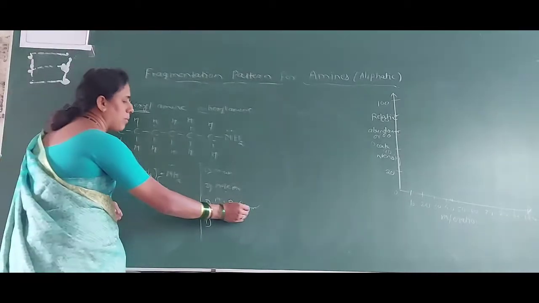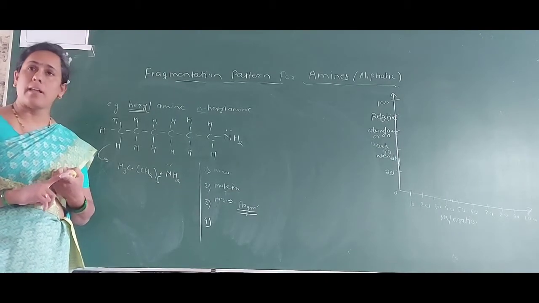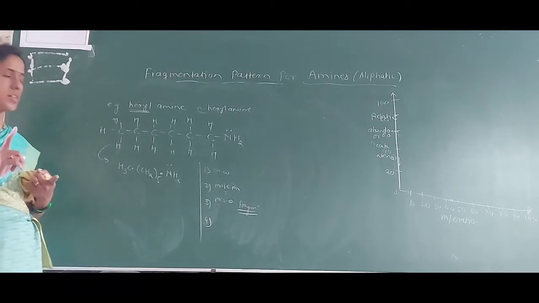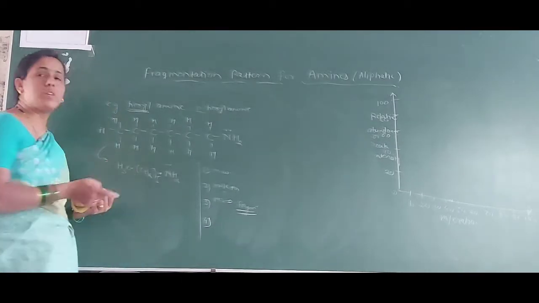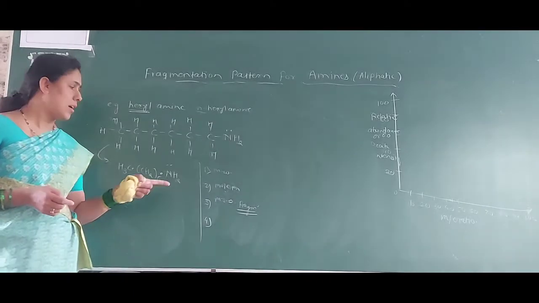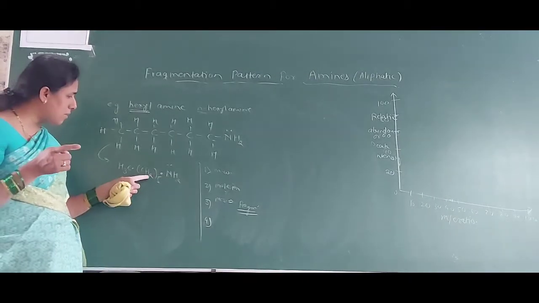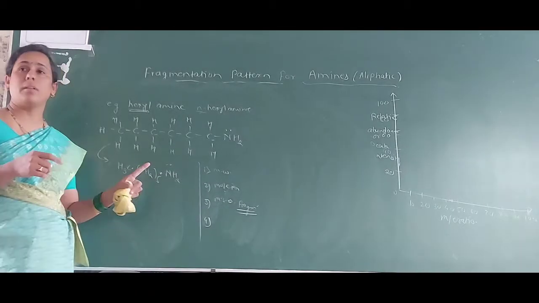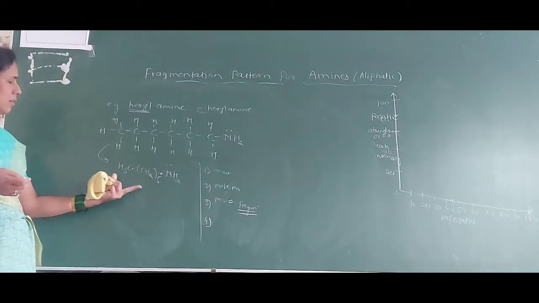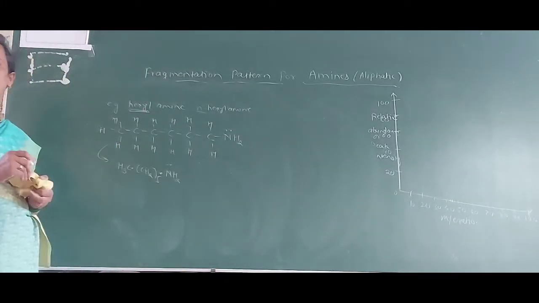Okay, and you have to fragment this molecule either by removal of a larger alkyl group as a radical, which is Stevenson's rule, or by using the McLafferty rearrangement. But it is not a McLafferty rearrangement here, because this rearrangement is possible for which compounds? Carbonyl compounds. Are there any carbonyl groups here? No. So first is finding the molecular weight of the compound.